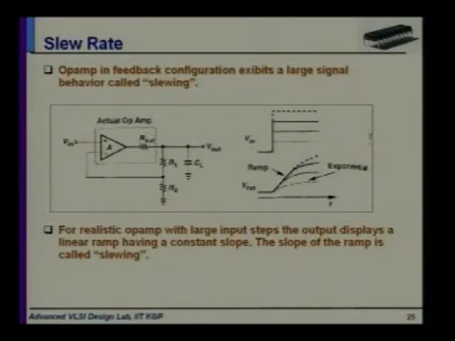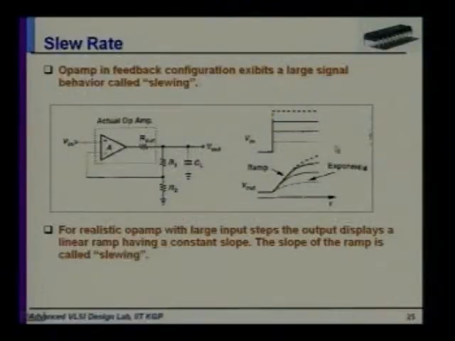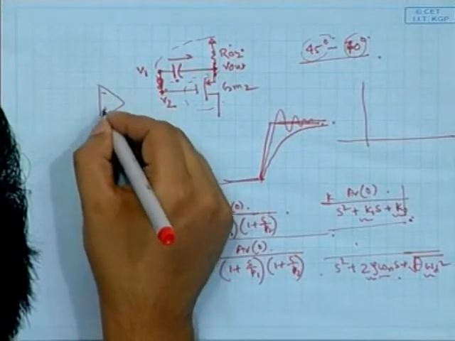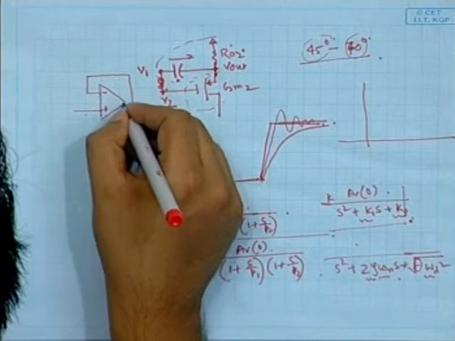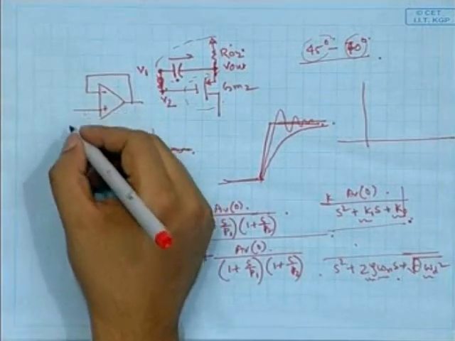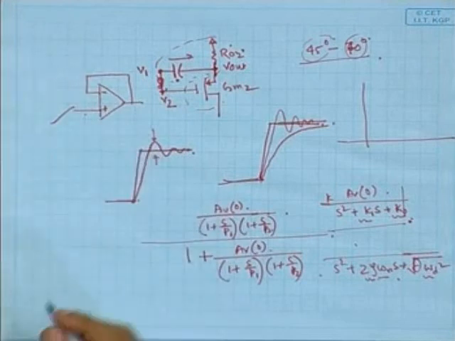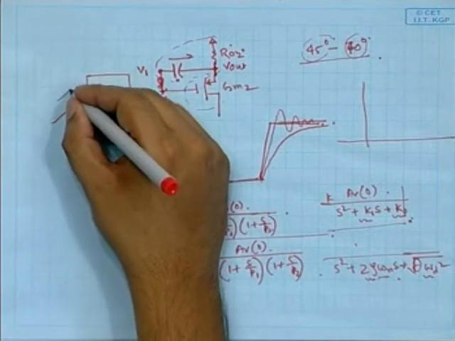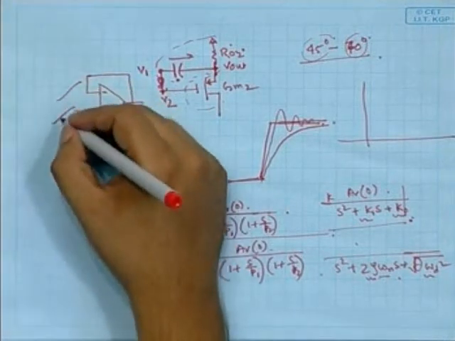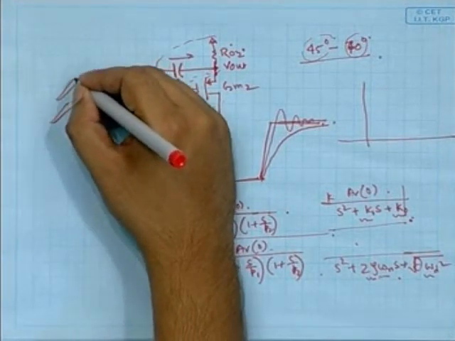Now for a small signal, suppose upon a common mode voltage you are applying a small signal over it, and the slope is very small. The circuit can track the input at that time. Suppose a small slope you apply here, the output voltage will follow it. Now you again increase the slope, this will again get increased.